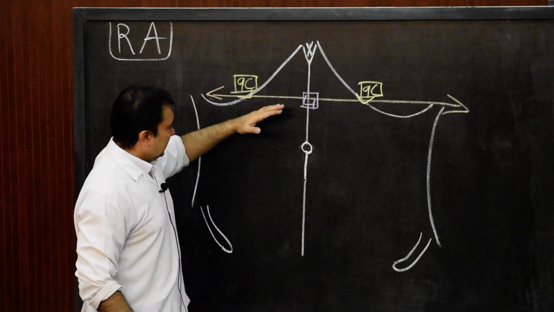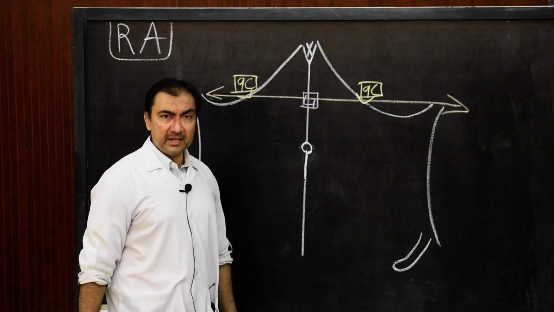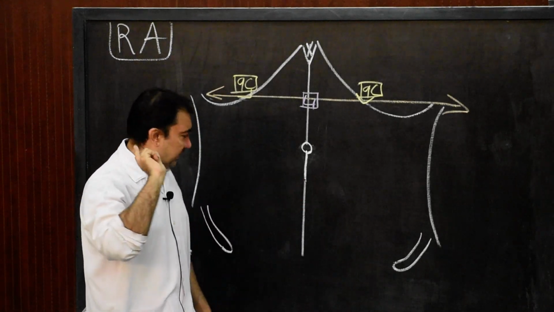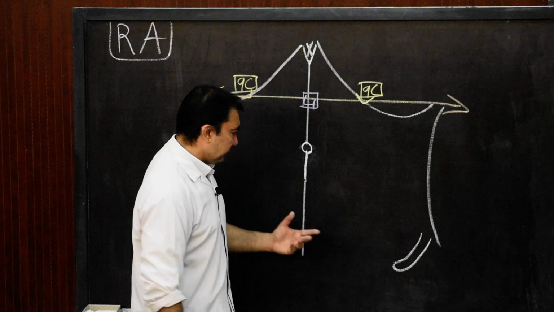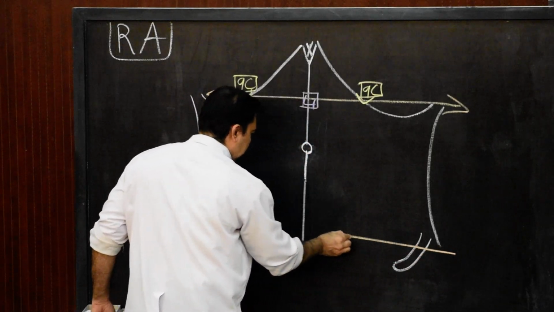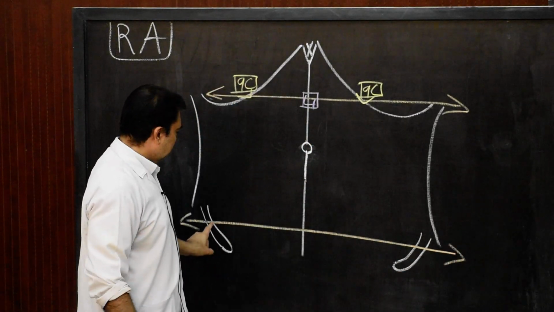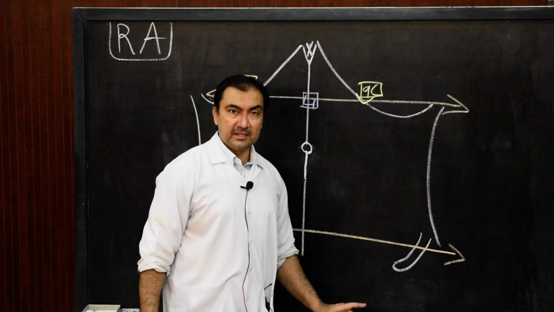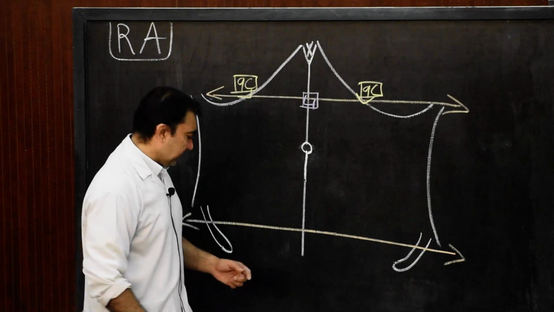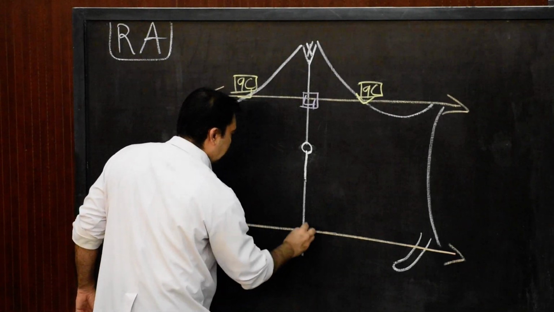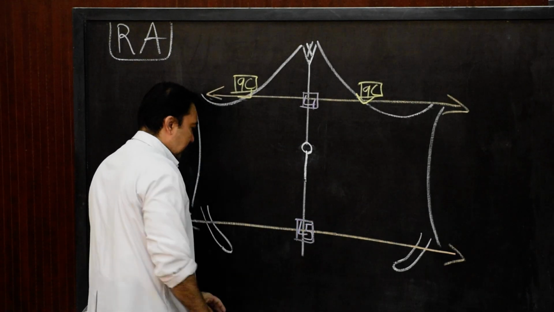Similarly now, we come across to another plane, the lower horizontal plane. The lower horizontal plane is called transtubercular plane. And that transtubercular plane will pass across the tubercles of iliac crest. So if I connect the two tubercles of iliac crest, then this will be the transtubercular plane, passing across the two tubercles of iliac crest. But more important is the vertebral level. The vertebral level where it passes through will always be the L5 vertebra. So here I am going to write down L5.